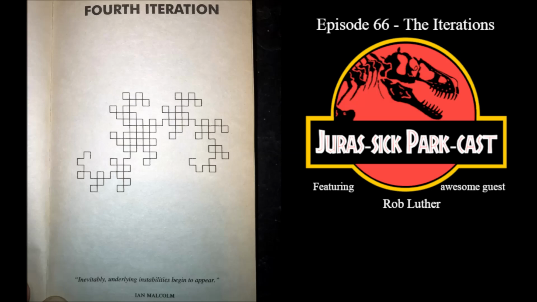Great. The fourth iteration. By this point, the quote tells us, inevitably, underlying instabilities begin to appear. This coincides with the first tourists entering the park, and the fences are down, and the motion sensors aren't picking up people. People are getting seriously hurt and killed. The phone lines are jammed, and there's a significant tropical storm. Muldoon's access to a gas-powered jeep and an important firearm is restricted. The one man who can restore power in the park is killed. Everything has gone to pot.